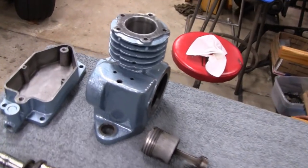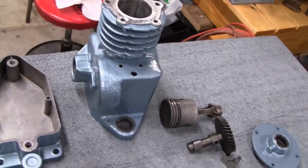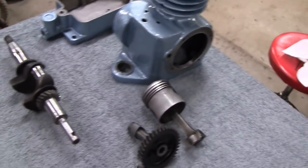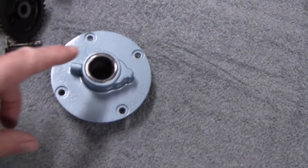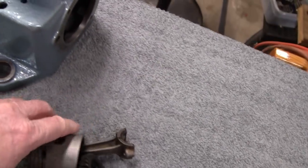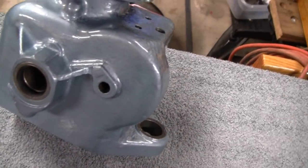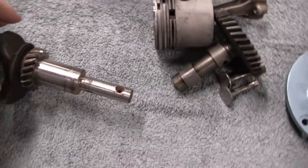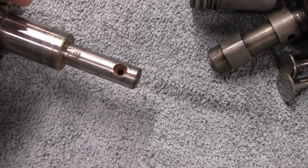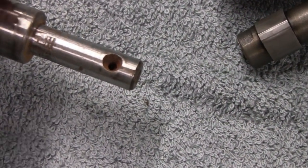Alright, yeah, we got it all painted up, and I'm happy with the way it turned out. There are a few things we got to do before we put it together, though. Like, I'm going to put a new seal in here, and a new seal in here. And on the crankshaft here,